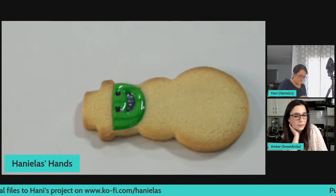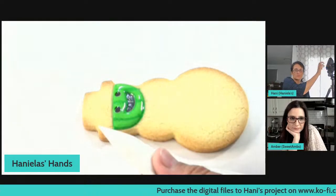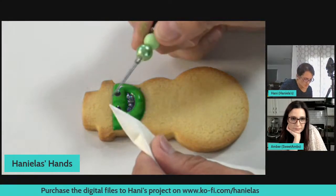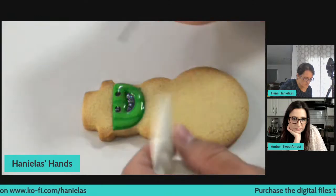So what are you doing now with the scribe tool? With the scribe tool, I'm trying to get the icing, just a little piece, a small dot of icing, so I can...